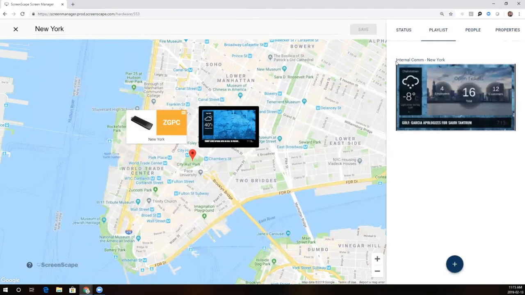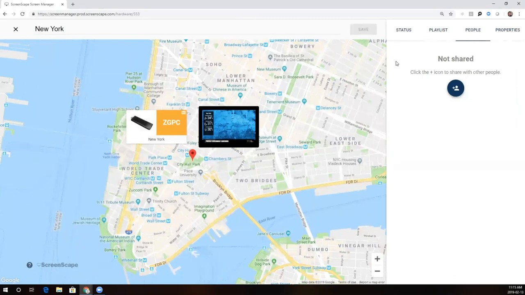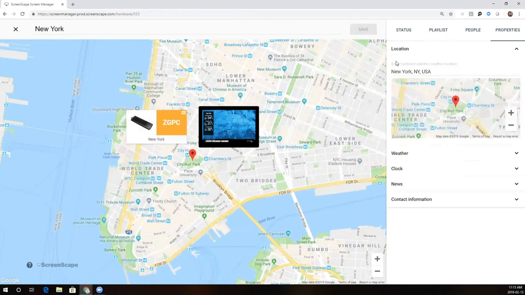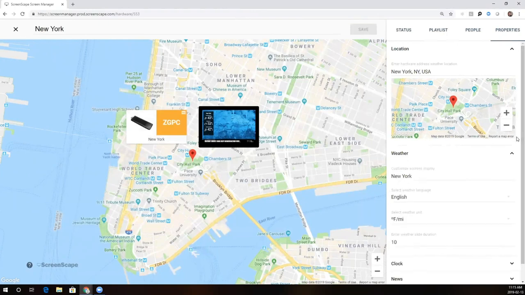Playlist tab, this shows which playlist, of course, is playing on this media player, and we have the internal communications playlist. People in the office that you want to share access to this screen with. And properties, here's where you actually tie in the media player to its location. So you can see this one obviously is tied into New York,